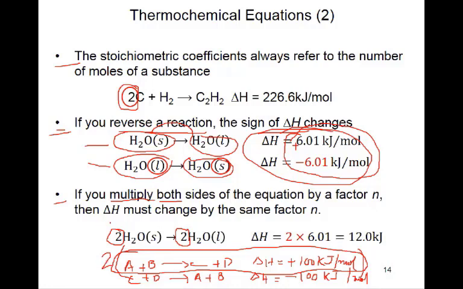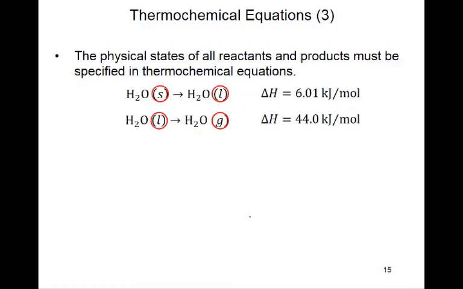So if this equation is here, this is solid to liquid, this equation is brought here and multiplied by 2. So you put 2 here and put 2 here to multiply, and also multiply the delta H, without changing the sign, just multiply by the number. So these 3 points are there. I hope you understand. The next 4th point is very easy.